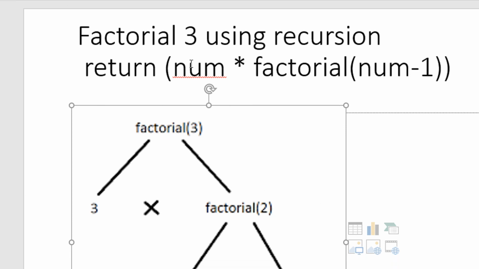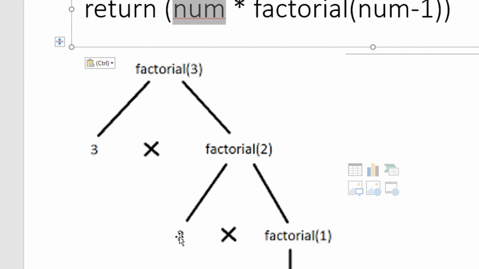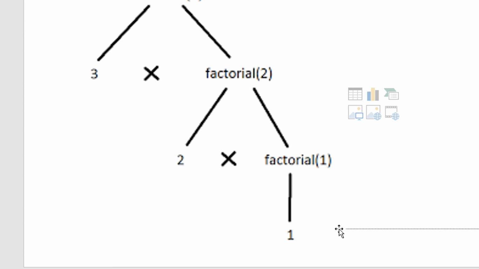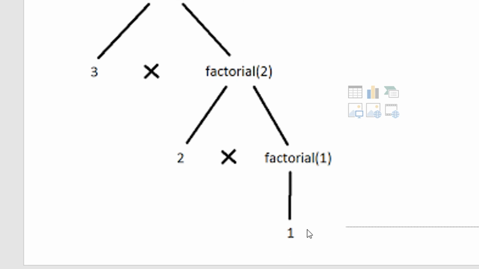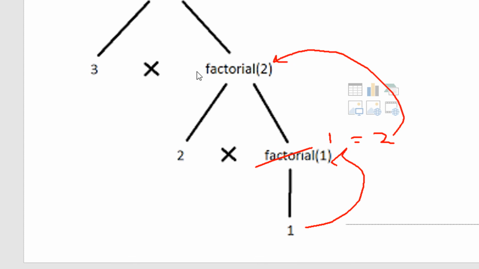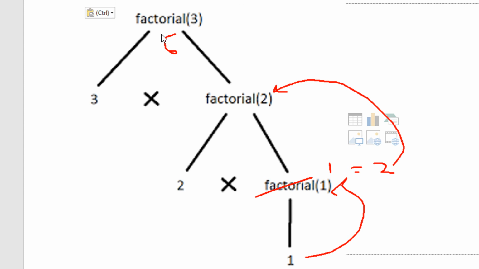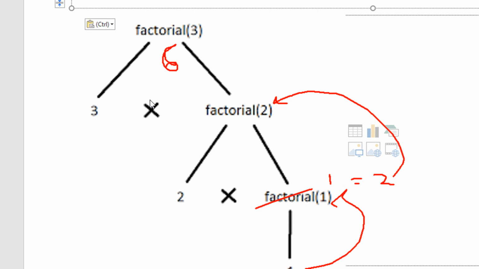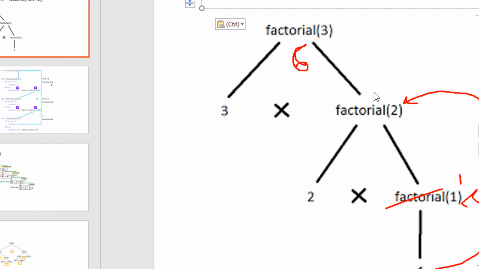Now I am passing 2, so factorial of 2 will become 2 into factorial of 2 minus 1. So 2 into factorial of 1. And what is factorial of 1? Which is 1. So this one gets copied here, so this eventually becomes 1. So 2 into 1 becomes 2, which is nothing but factorial of 2. 3 into 2 basically becomes 6, which is nothing but the factorial of 3. So this is how recursion executes. It makes kind of a tree structure, like a binary tree structure. It goes and goes and goes in. With regards to the program that we have written,